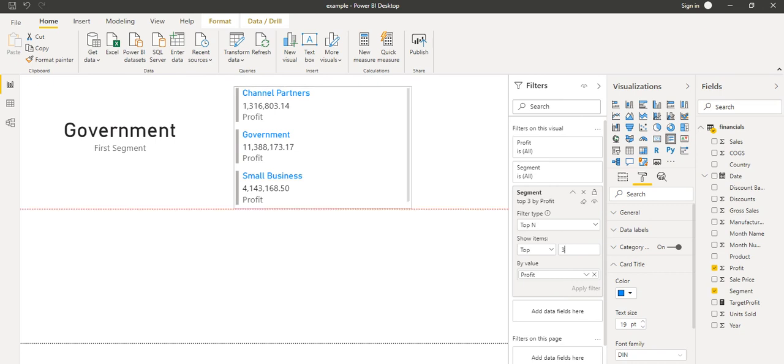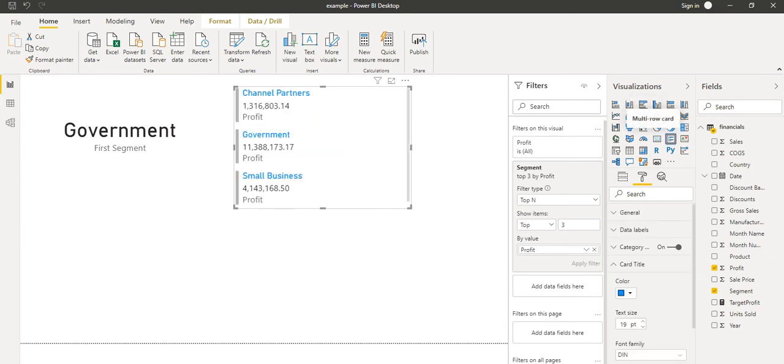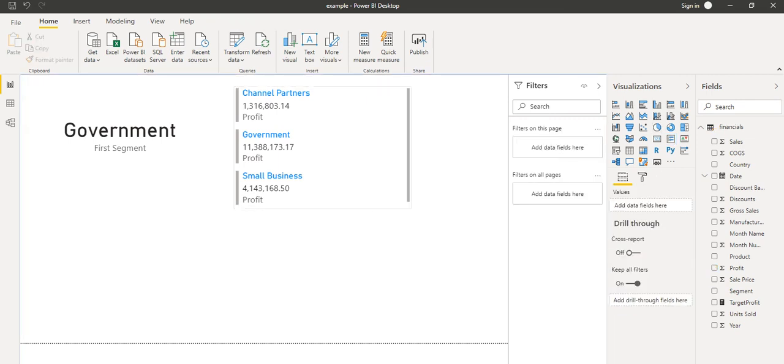Now I will take a pie chart. Sorry, here I clicked on this. If you want to take another chart, first you have to click outside, otherwise it will override that one. So let's take